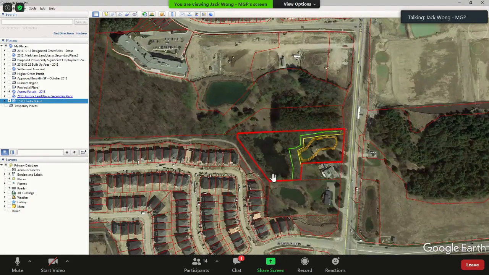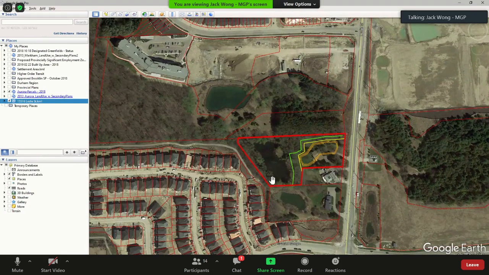As you can see, the pond occupied the western portion of the property, and there are some mature vegetation has been assessed for a very long time, and part of the proposed development is that all these features will be protected and preserved, and we're not encroaching into any of these limits.